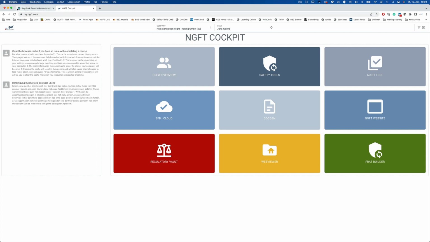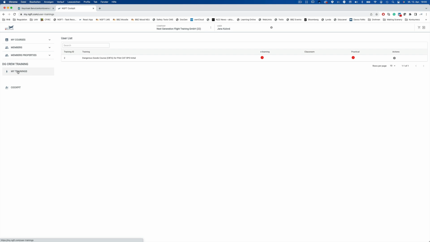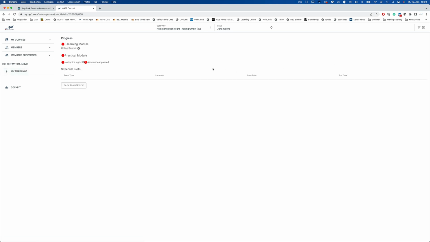To complete the new course, enter mygft.com as usual. You will find the course at the bottom of the page under My Trainings. Here you will see the required elements, including the practical evidence. Clicking on the arrow under Actions will take you to the detailed overview and the Start button for your online